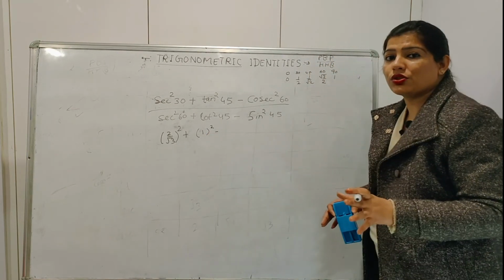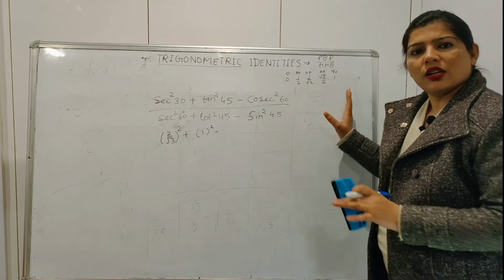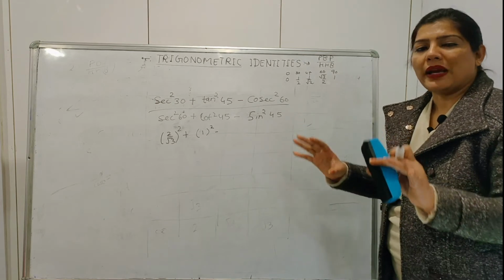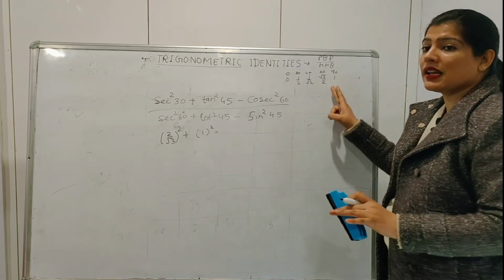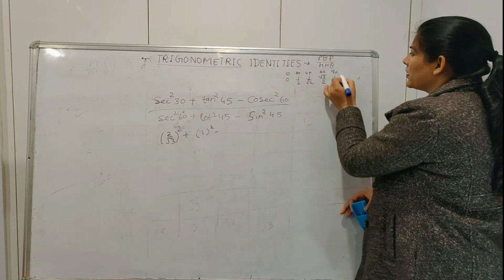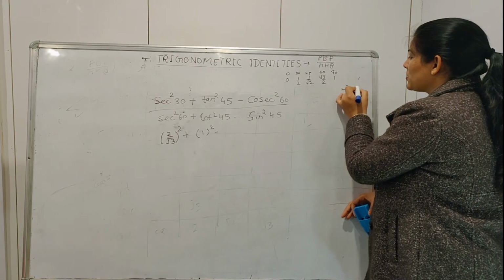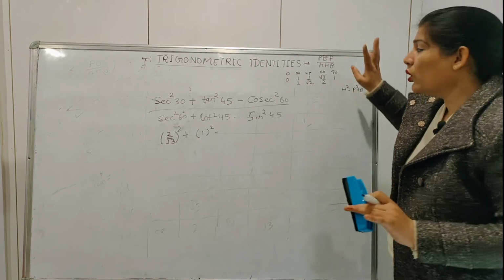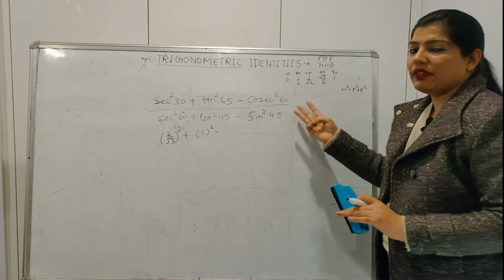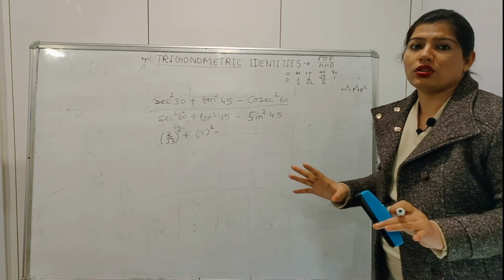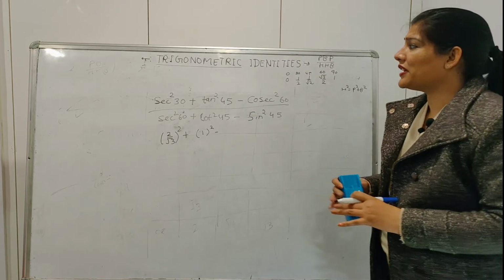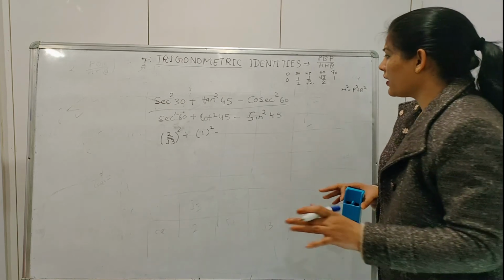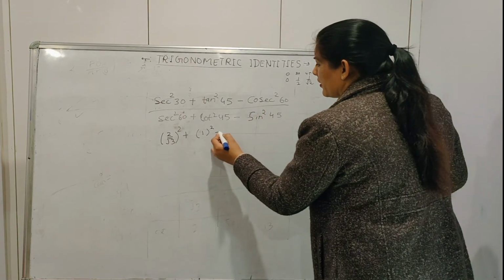In the first question it will be a little difficult, but if you practice this, it will be very easy, and you don't need to learn many formulas here. You have to learn only this and the Pythagoras theorem, h square equals p square plus b square, and p upon h, b upon h. Only with the help of these three we can do any question of trigonometric identities. Otherwise it becomes very confusing and complicated. Okay, so don't worry, it is not so complicated as it looks.